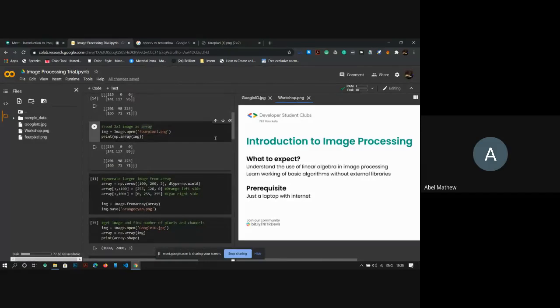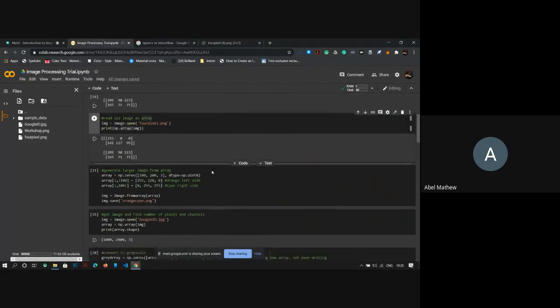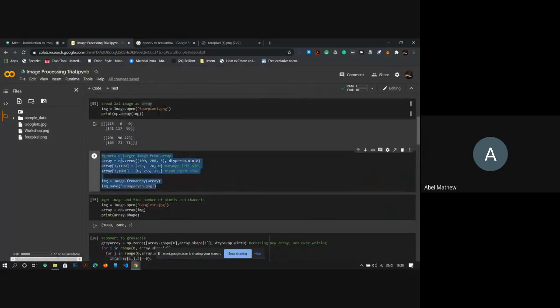Let us try to create a larger image which is clearly visible. We are using a 100 cross 200 pixels image, and the 3 is for 3 channels: red, green, blue. We have dtype np.uint8, which means we are using an 8-bit integer.